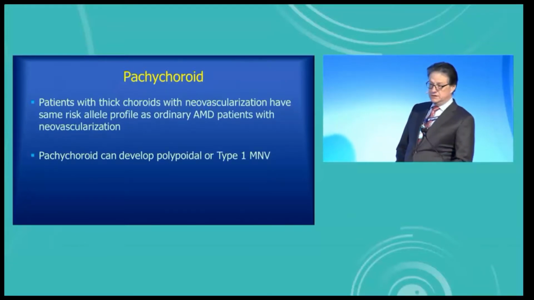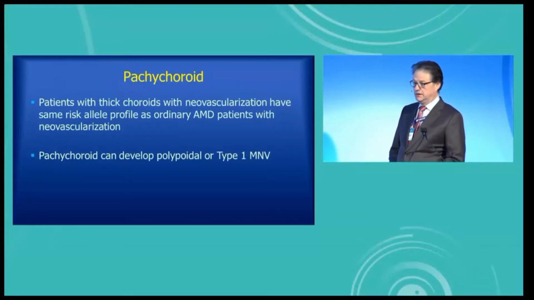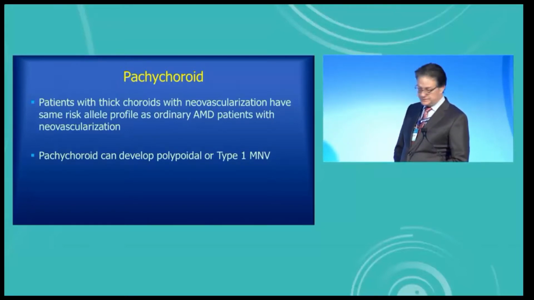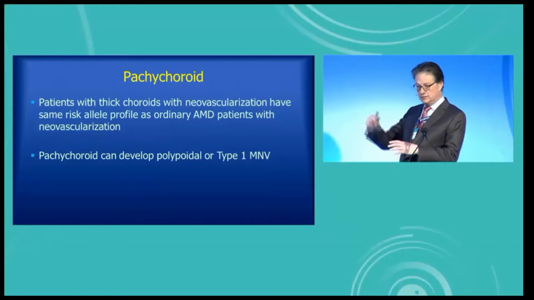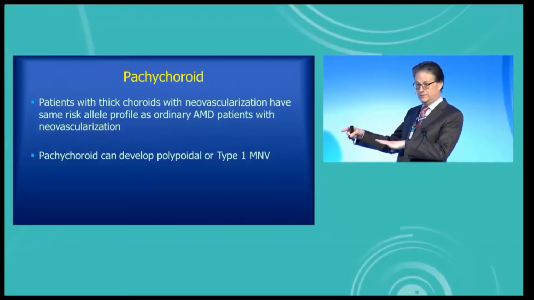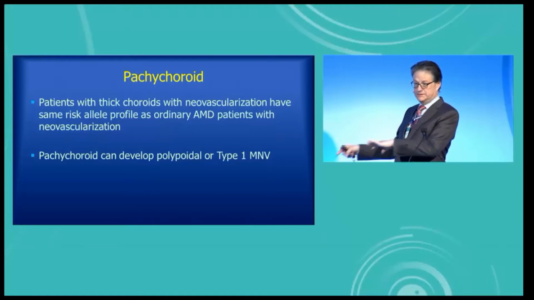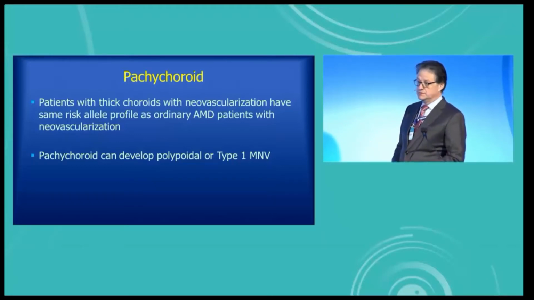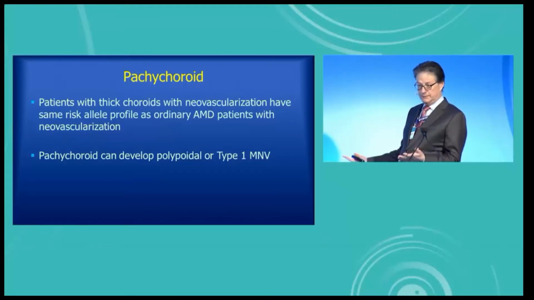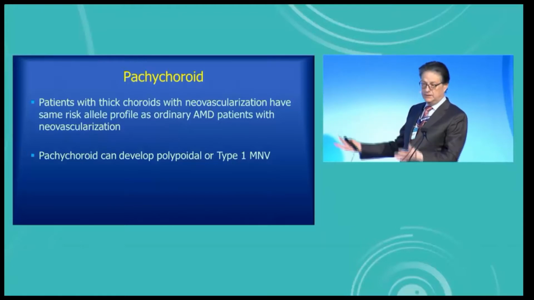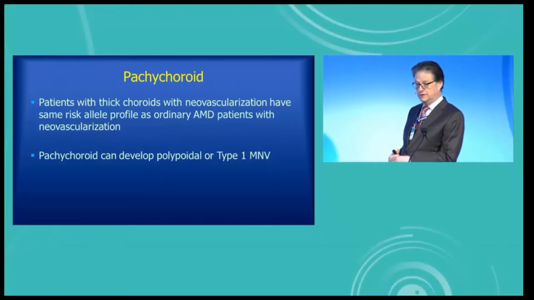We looked at patients, at least in the United States, this just came out, with pachychoroid with choroidal neovascularization, and they have exactly the same risk alleles that patients with AMD do, right? So even though we started with the idea that maybe pachychoroid, this thick choroid with choroidal neovascularization, was somehow a different disease, the risk alleles are the same as for AMD. If I told you someone's risk alleles, you couldn't tell me if they had pachychoroid, which typically gets either polypoidal or type 1 CNV, versus anything else in AMD,